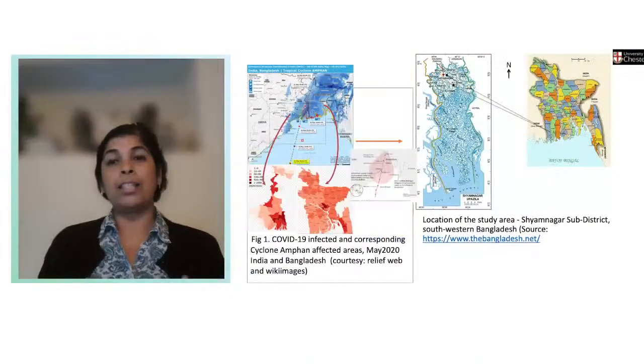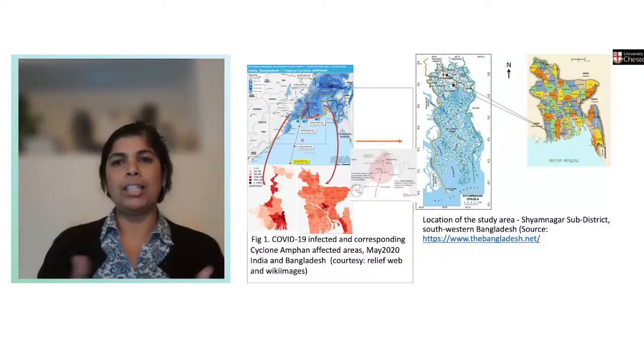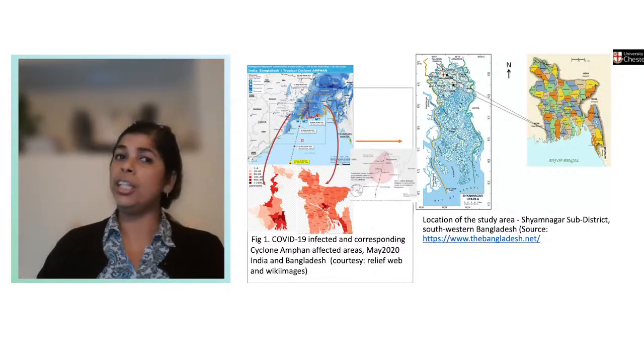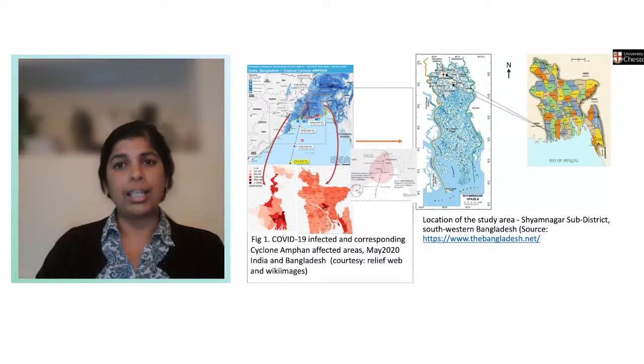The basic theory is not only about what the coastal population can do. If we know the theory well, it can be used in other parts of the population also. It doesn't have to be coastal. Depending on wherever the cyclone is happening, this can be used in other areas as well.